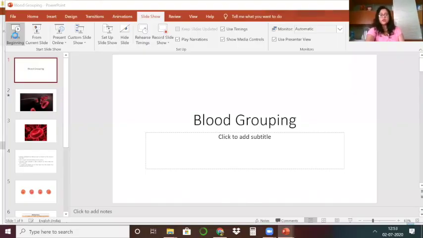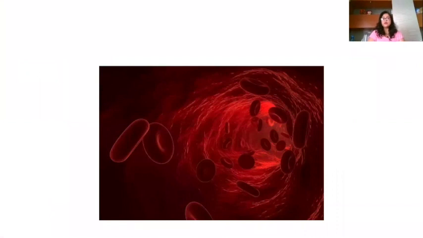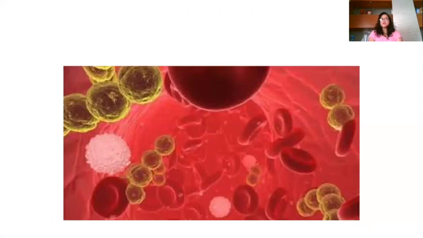Each one of us knows that through our blood vessels there is a continuous flow of blood. That is how, if we go inside our blood vessels and see, the blood will look like when it is flowing. This blood has many components, or we call them blood cells. They are red blood cells, white blood cells, and platelets. These are the cellular part of blood. Apart from that, there is another part of blood that is called plasma.